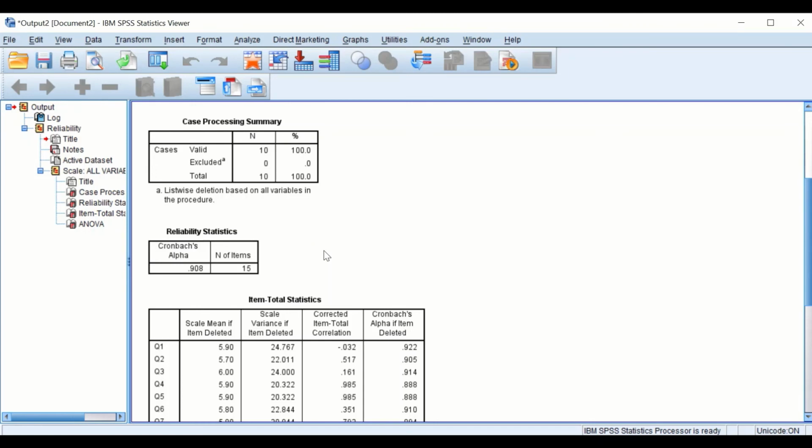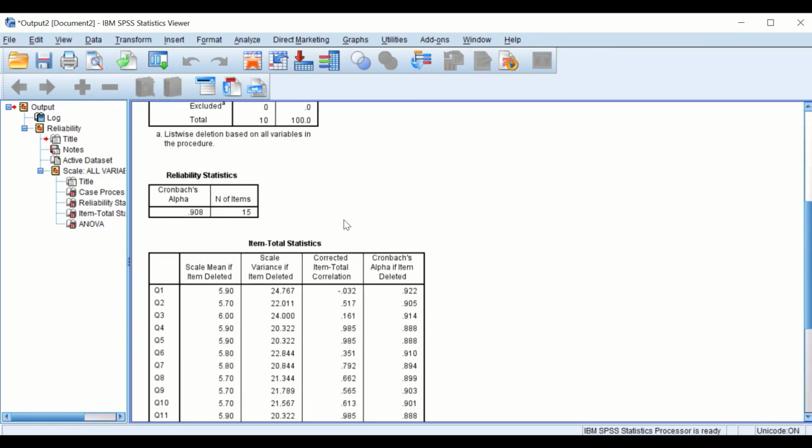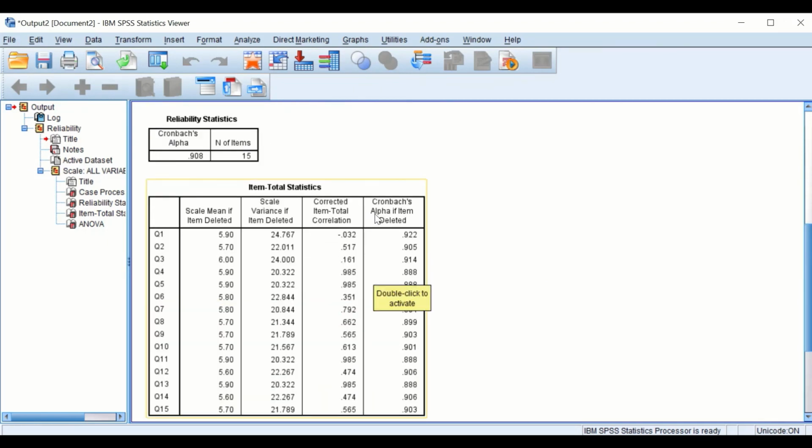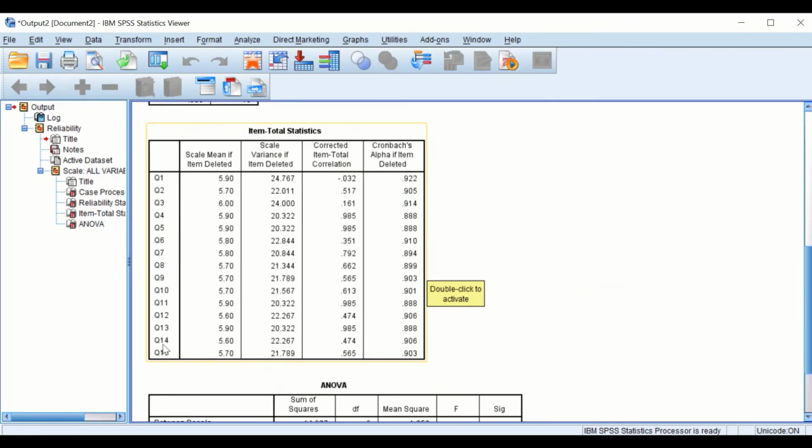So any value for the Cronbach's alpha equal to 0.9 or greater is considered to be an extremely reliable exam, and anything close to 0 means unreliable. So for this exam, the reliability is very, very high, and the test is consistent and excellent. The third table here is a very interesting table. It shows each question, number 1 to number 15, and in the third column here